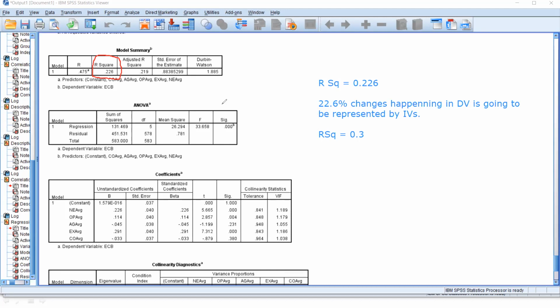So what is that ANOVA? The ANOVA table indicates whether your model is statistically significant or not.